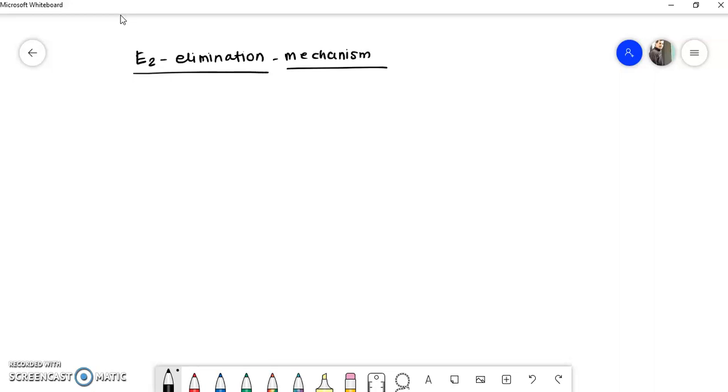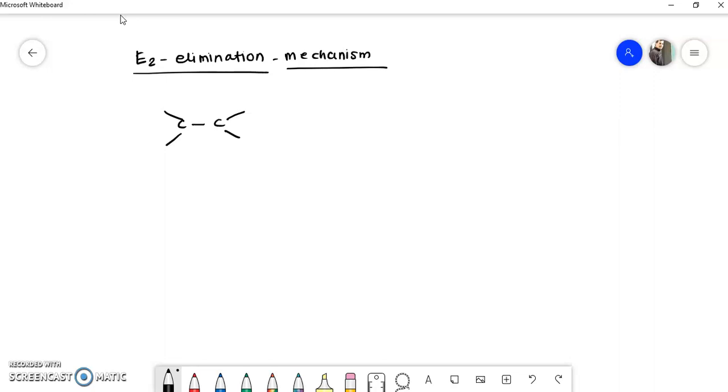In the previous video we have already seen what is elimination reaction, what is beta elimination reaction. We have seen there that beta elimination reaction can take place by three different mechanisms. If the C-X bond and C-H bond break simultaneously, I will write once again the structure.